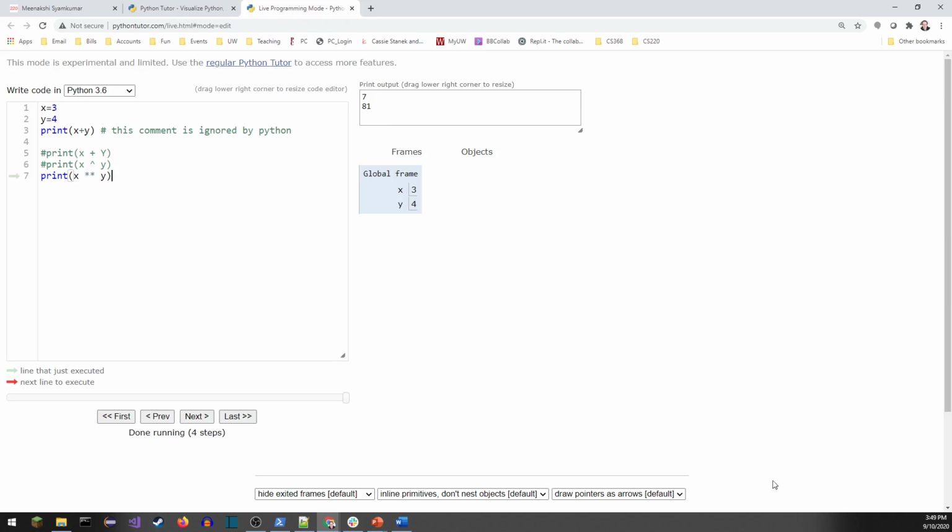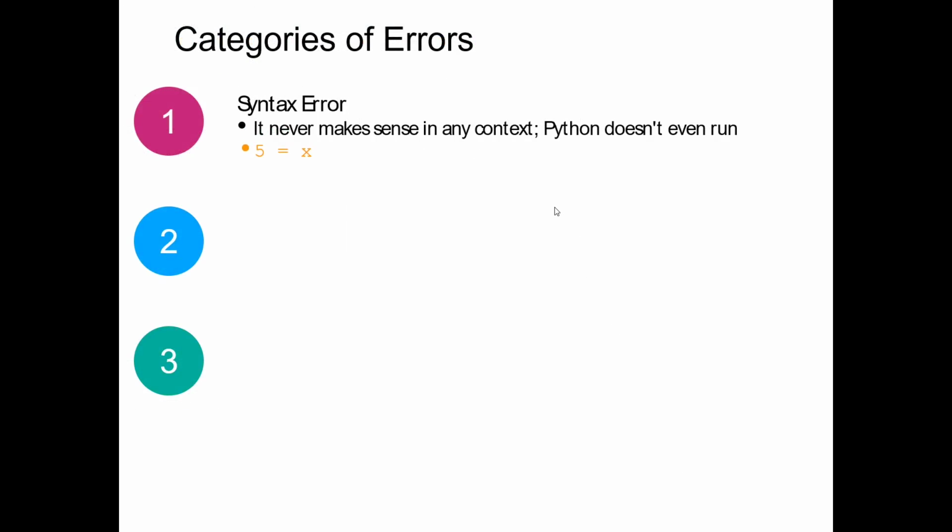All right, so I want to go back now and talk about some of these mistakes that I made. This one is known as a semantic bug. This one is a syntax bug. I feel like syntax error feels better when I write it. I'm going to go with that. All right, so let me jump back over to my slides, and we'll start talking about some of these different